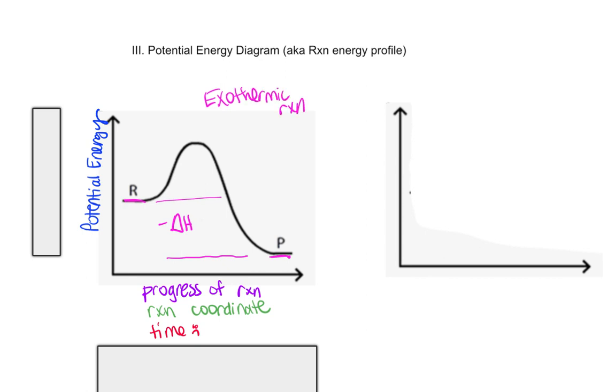That's what this diagram is depicting. Okay, now we also need to talk about this hump. What is going on here? Okay, from your reactants up to this peak, that is something called activation energy. So E sub A. And E sub A stands for activation